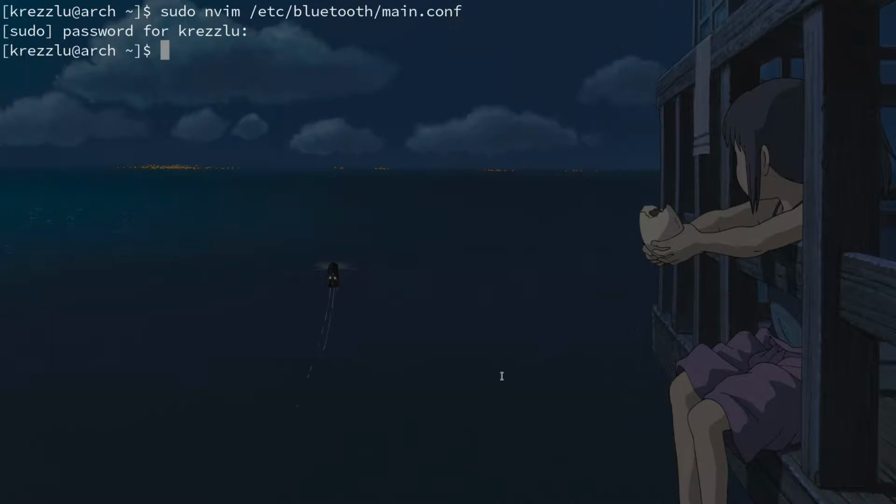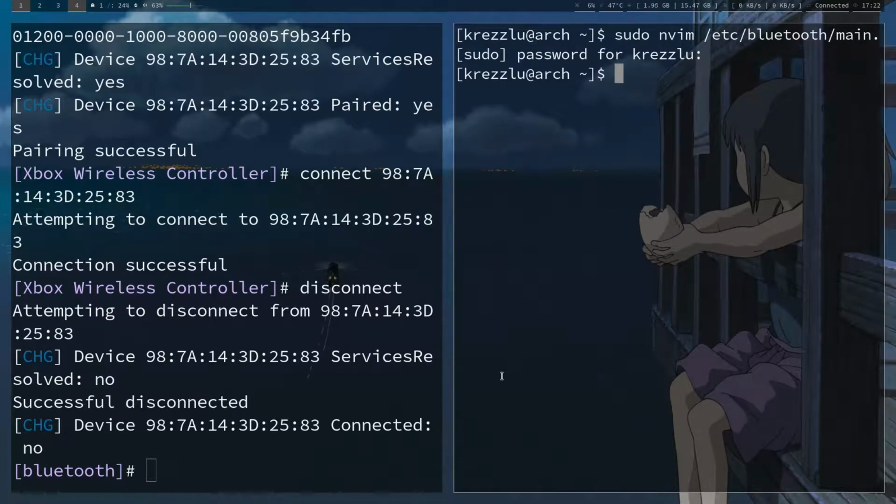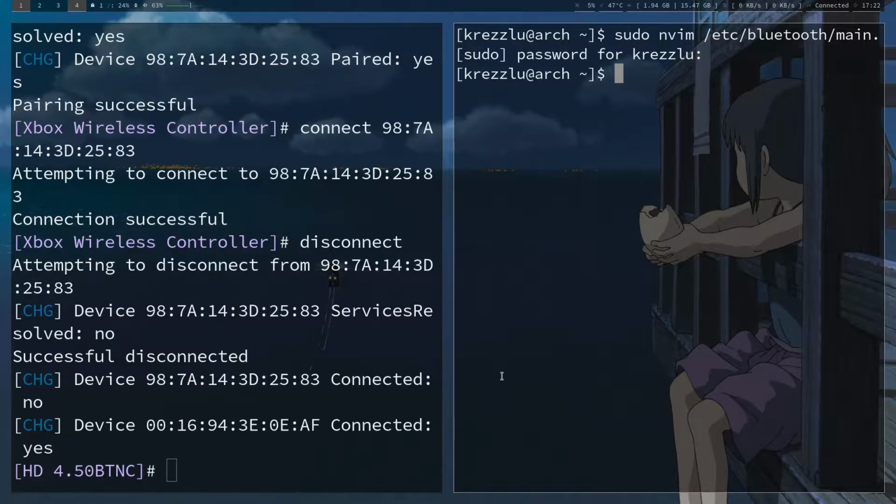Once you've done this, it will automatically connect. Let me try it. I'm starting my headphones. See, instantly connected without doing anything.